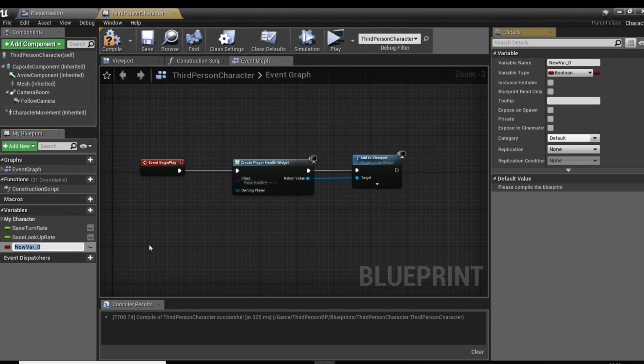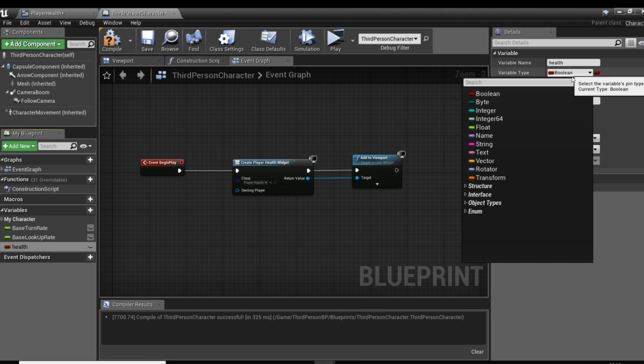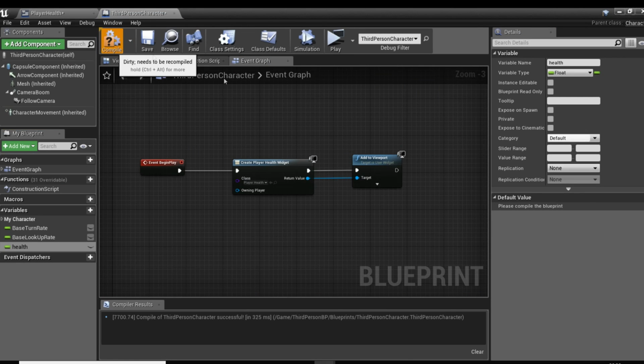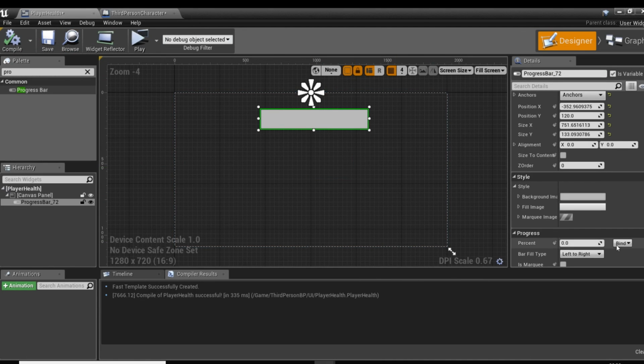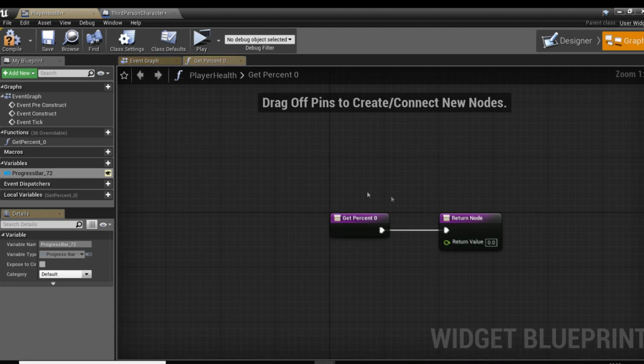So let's add some functionality to it. So we'll create a new variable and change it to a float, and then we'll just compile to set a value. We'll make this 100. So we'll attach this to our progress bar. It will create a binding,